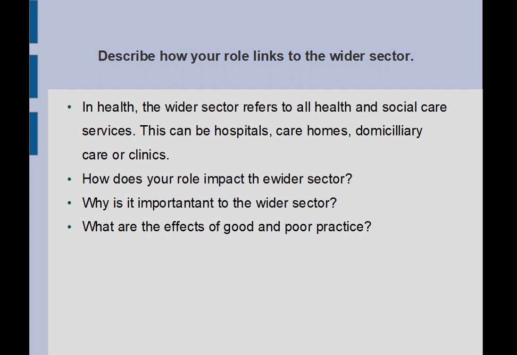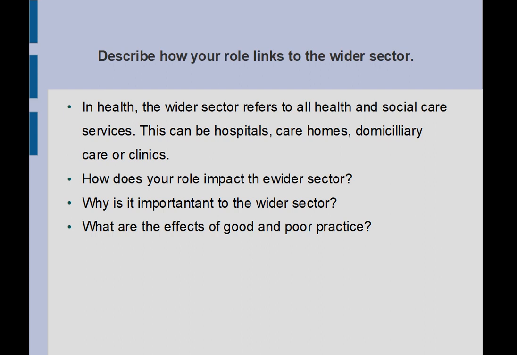So again, if you're patient transfer, you are making sure everybody gets to their appointments on time. And then talk about the impact of that, and if you weren't doing that, what would happen? Would there be a negative impact in that case? And you can talk about the positive impact of trying to make sure everyone's there on time, or at least if there are going to be delays, updating control and updating people so they know what to expect.